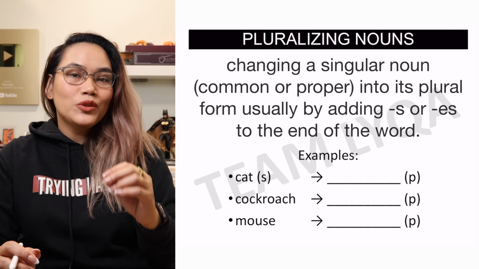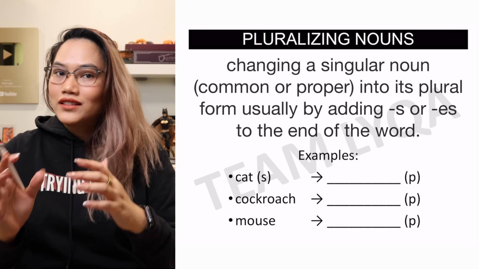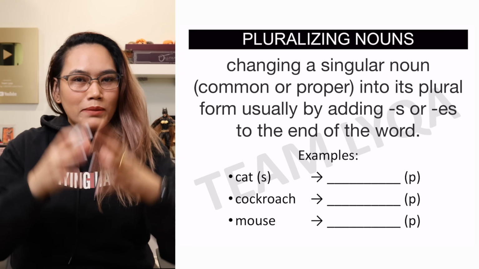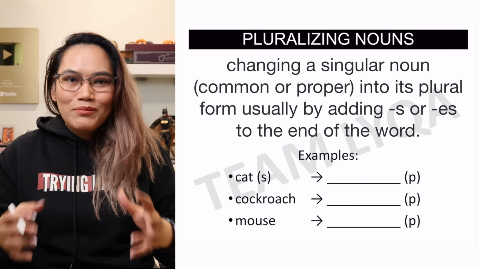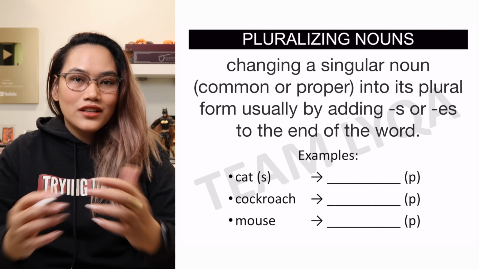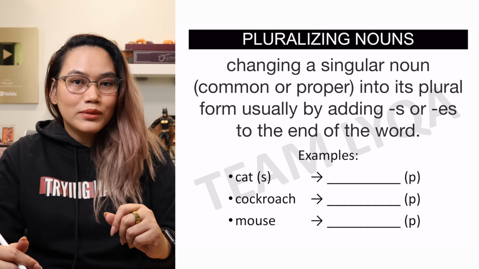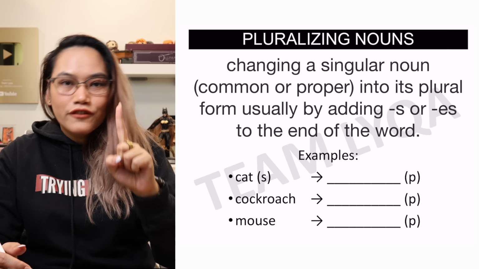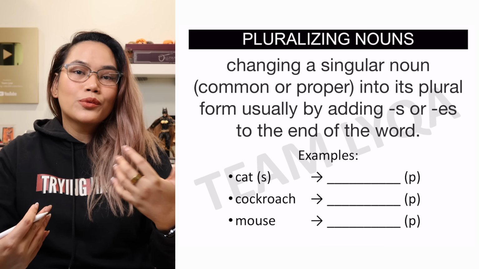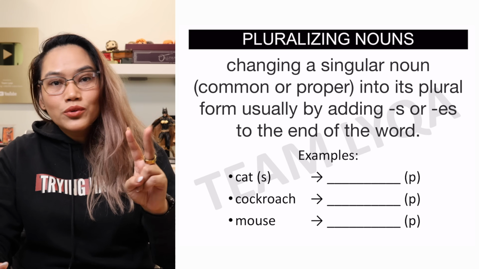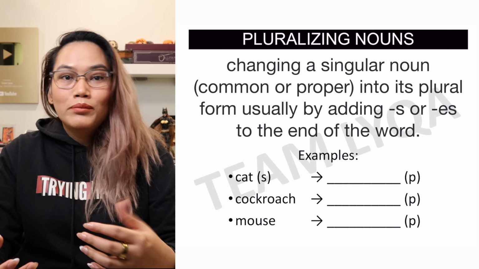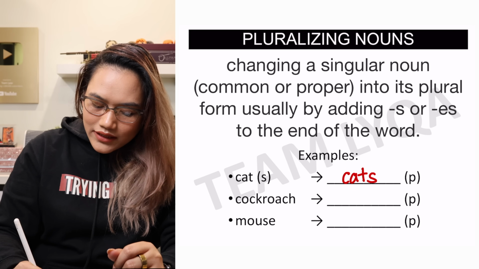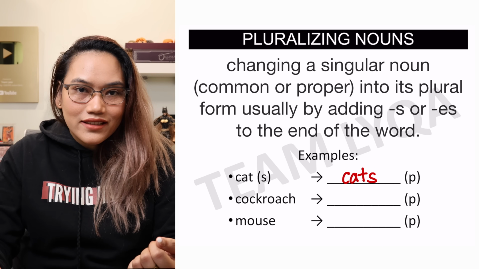Now, this is where I'm going to warn you that this doesn't work for every noun. There are certain exceptions, special forms, should I say, but for most nouns, this is what we do. Let's work on a few examples. If we have the word cat, and we're talking about just one furry feline, then we just use the word cat. But if there are two or more of them, then we use the word cats. Same word, you just add an S.